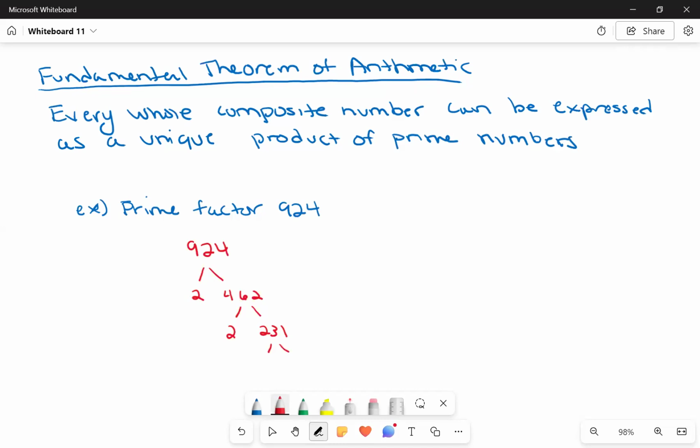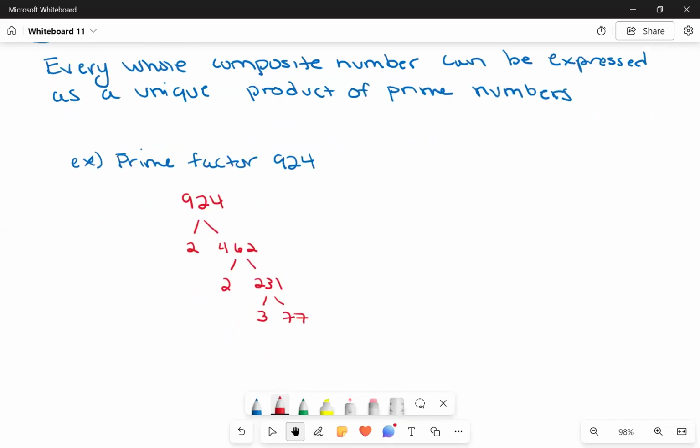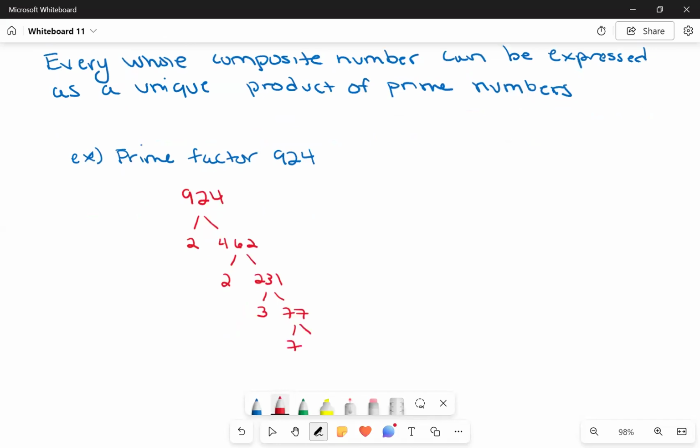So 3 goes into this one. 3 times 77. Oh, okay, and then 7 times 11. And there we are. I kind of used the increasing primes approach with the numbers I chose specifically, but